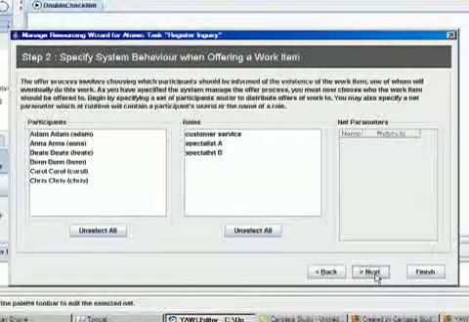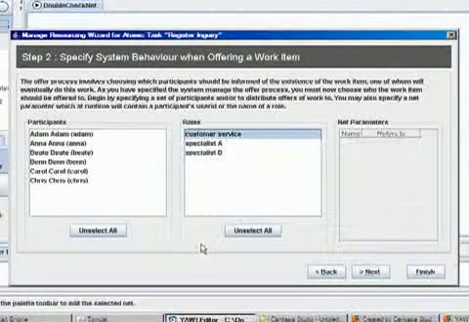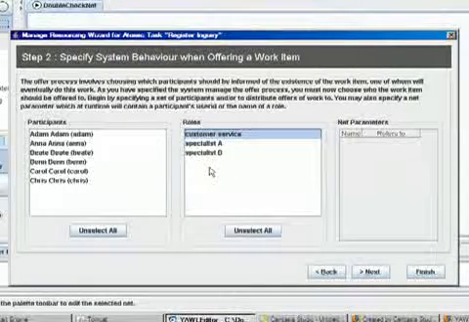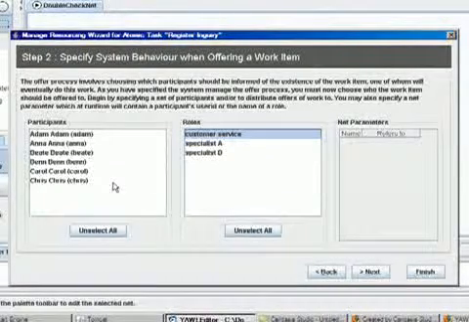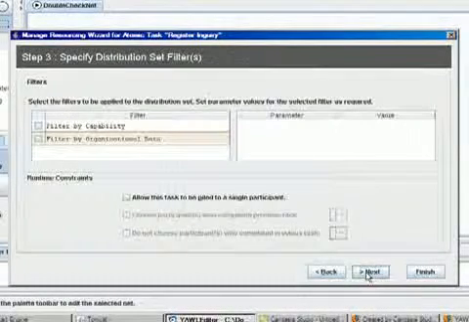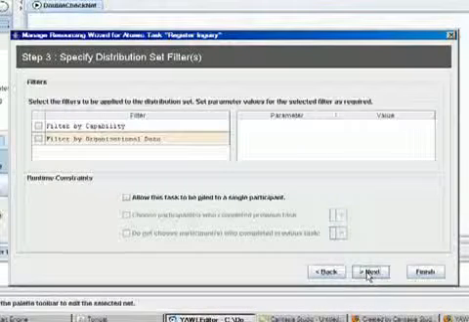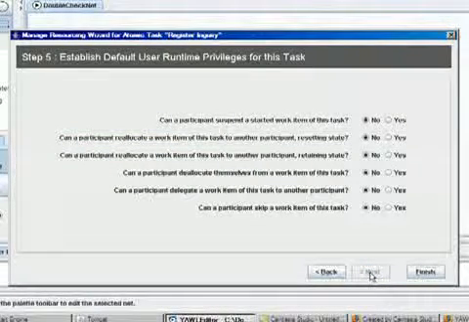step in the wizard. Then I allocate this task to the role customer service. We can see here that all the roles we have defined appear in the role list and all the participants in the participant list. When I have selected my role, I continue to next, and there are some different options whether different filters will be applied. I simply go to the next step, and